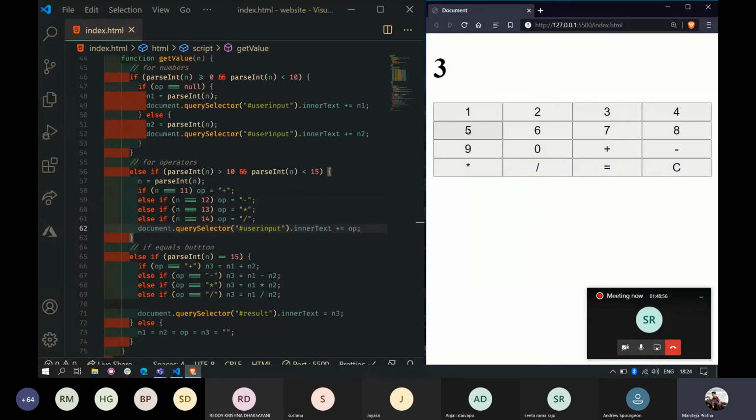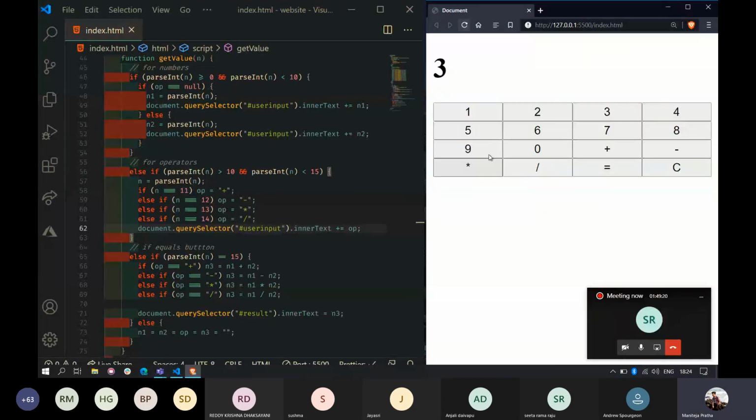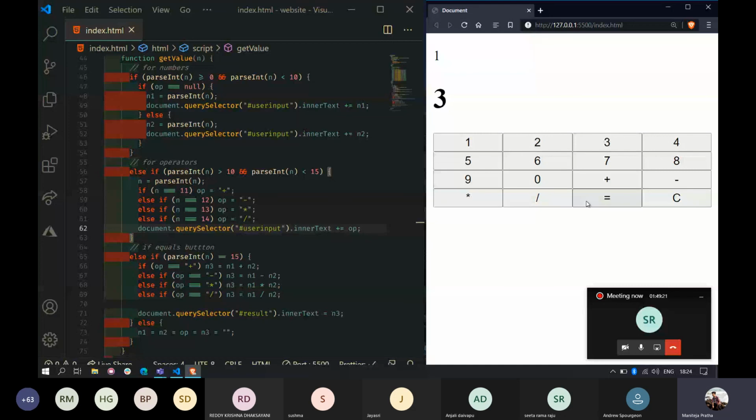Guys, are you seeing the screen? Yes. 1 plus 2, 9 plus 1 will be 10. Okay, let's clear. 1 plus 3 equals to 4. Right?